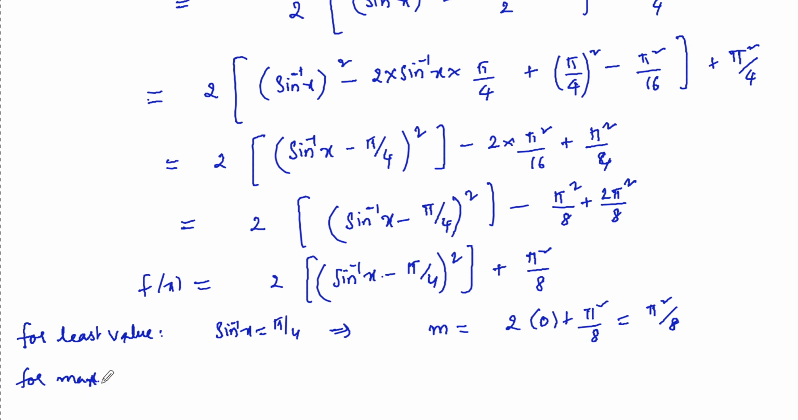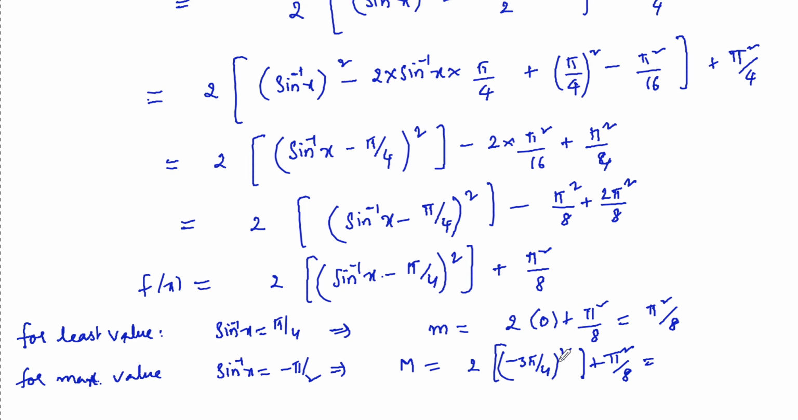For maximum value, we consider sin inverse x should be equal to minus 1, that is minus pi by 2, so x is equal to minus pi by 2, so capital M is equal to 2 times of minus pi by 2 minus pi by 4, that is minus 3 pi by 4 whole square plus pi square by 8,